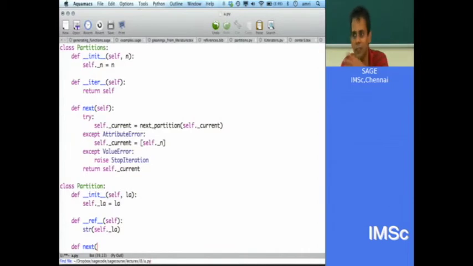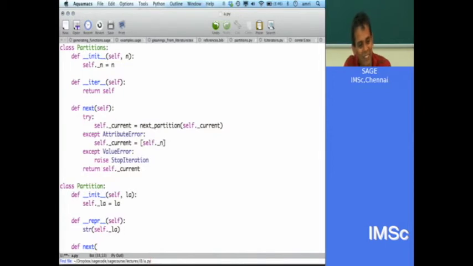And then you can define all your other methods, whatever partitions have. What do partitions have? They have Schur functions, whatever. Sorry, not ref, I mean repr. Typo.